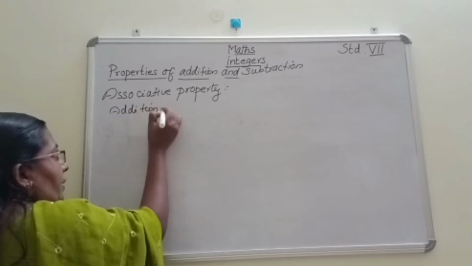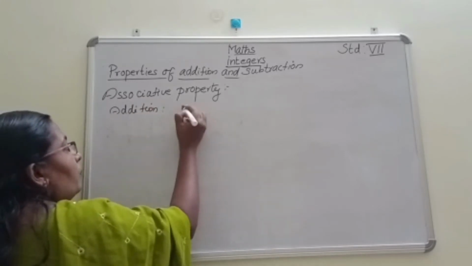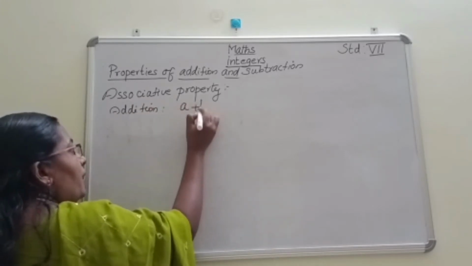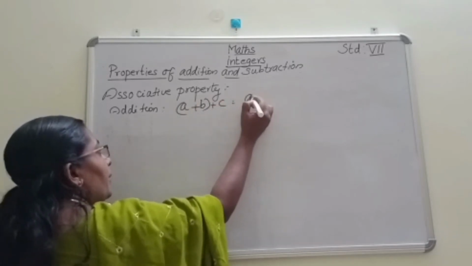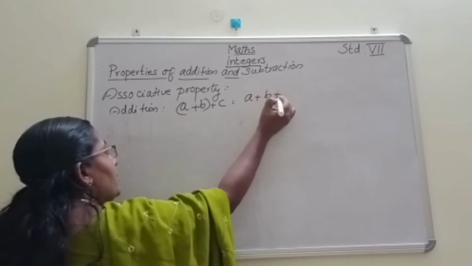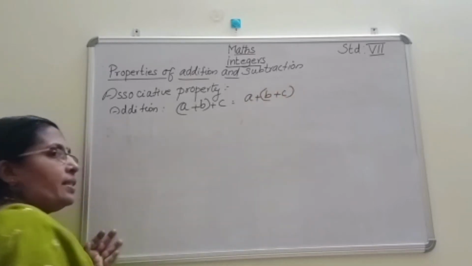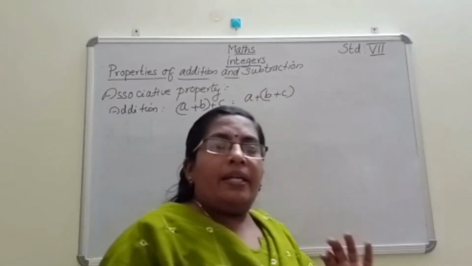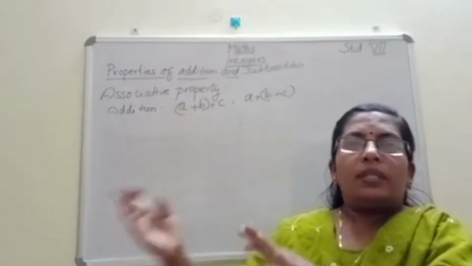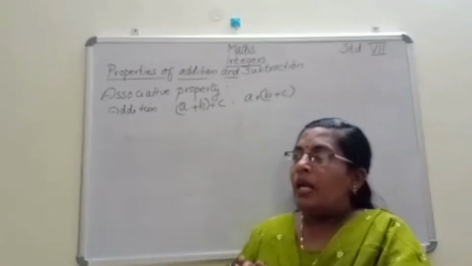Check it. Here we want to find (A plus B) plus C equal to A plus (B plus C). This is the rule. That is, adding the first two numbers and then adding the third number to that answer,